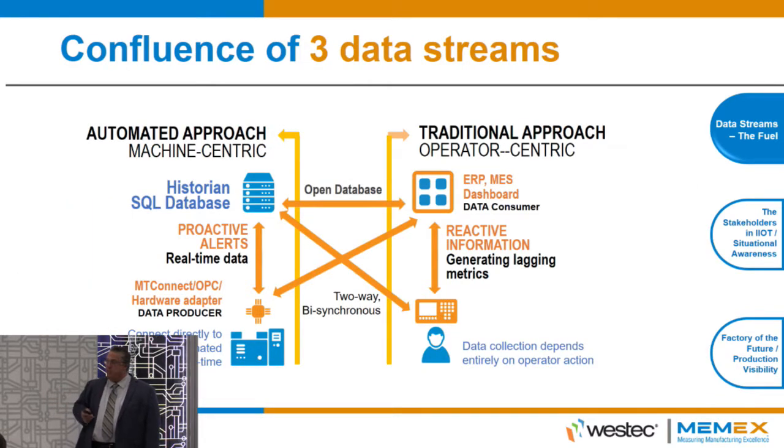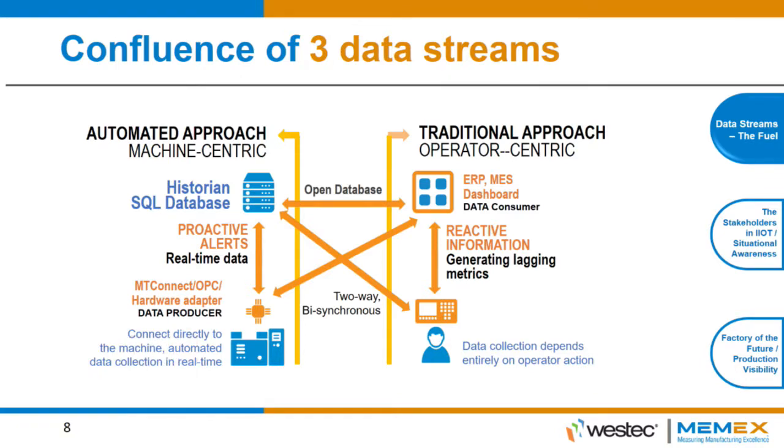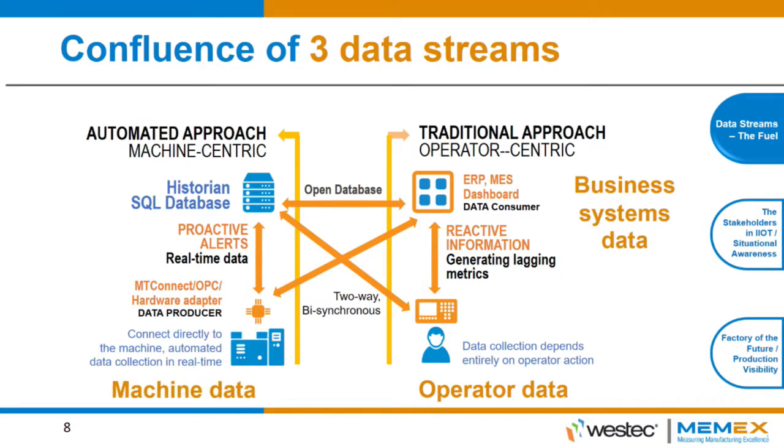And then when we talk about IoT in manufacturing, we need to look at all three data streams. We've talked about two so far: data from the ERP system and data from the equipment. But there's a third, and I would argue the most important link in this chain is the operator. The operator needs to be part of the solution. So we have operator data. We already talked about business systems data, and we talked a little bit about machine data. I did a presentation yesterday on connectivity that will be on the website, and I go into much more detail than what I'm going to do here.